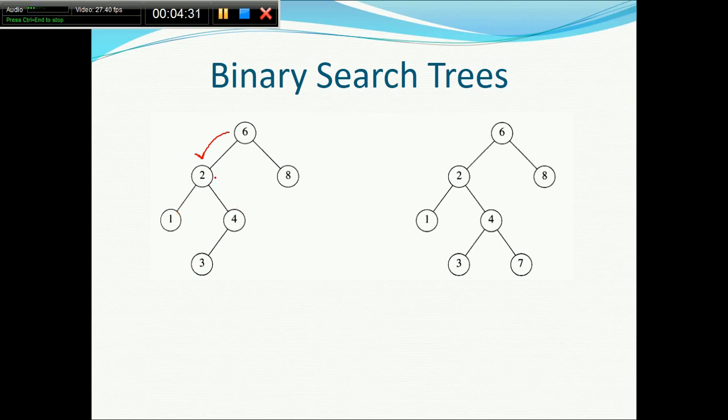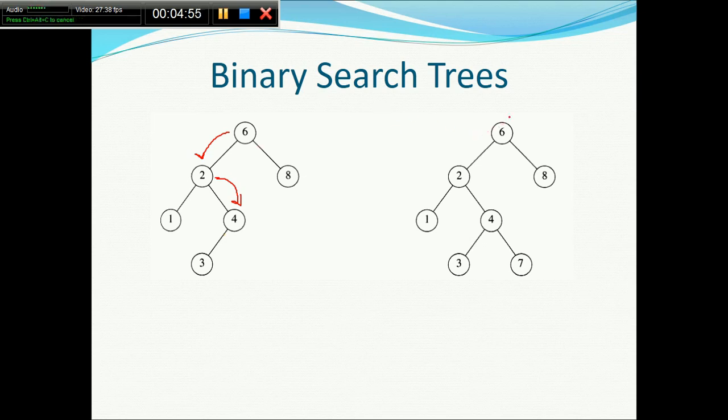Then I will see in the left subtree, since we have only one node, we do not need to further verify. We come here, see for this particular subtree, 4 is the root. For 4, 3 is the left, so 3 should be strictly smaller, that is fine. I can probably say this particular tree is a binary search tree. Now consider it here.